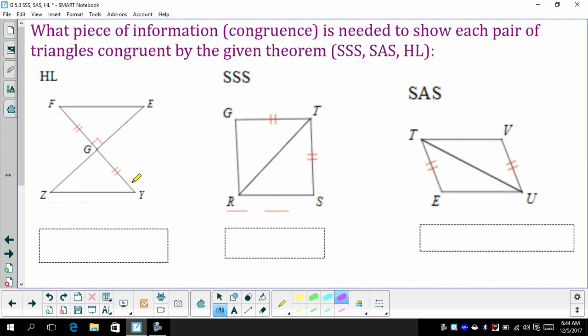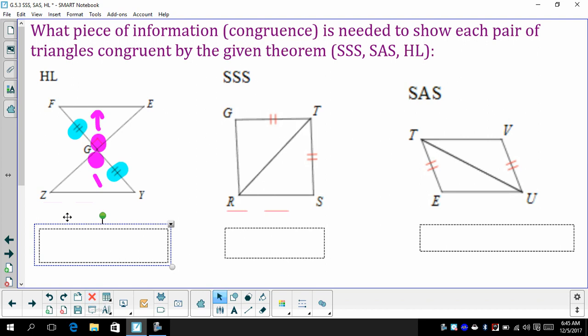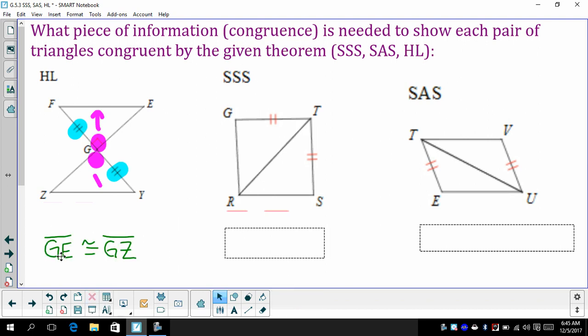So in this problem, I have two right angles. I want to identify the hypotenuse of these triangles. They're across from the right angles, so FE and ZY are my hypotenuses. And it looks like I'm shown using these tick marks that FG and GY are congruent. So I have a pair of right angles and I have a pair of legs that are congruent. So in order to use hypotenuse leg, I need to say something about the hypotenuses being congruent in order to use that theorem. So in order to prove these two triangles congruent, I would need to tell you that side,